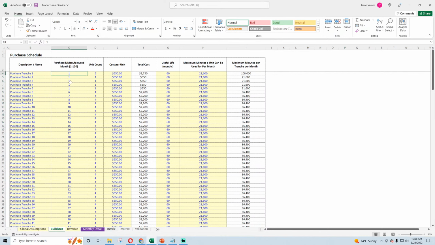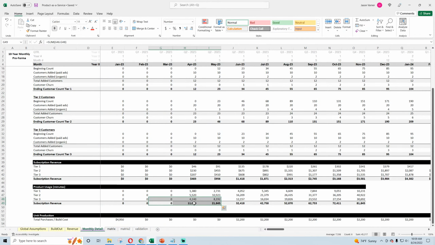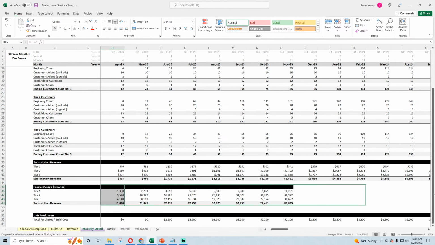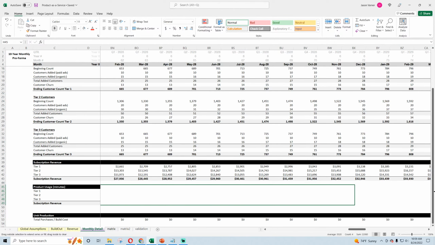So you can figure out how many products you need to have built and ready or purchased over time. And we can include the useful life. So after 60 months, a given purchase cohort is going to go to 0. So that has to be taken into account when we figure out our actual available capacity compared to the demanded capacity. And those two should be pretty close over time.